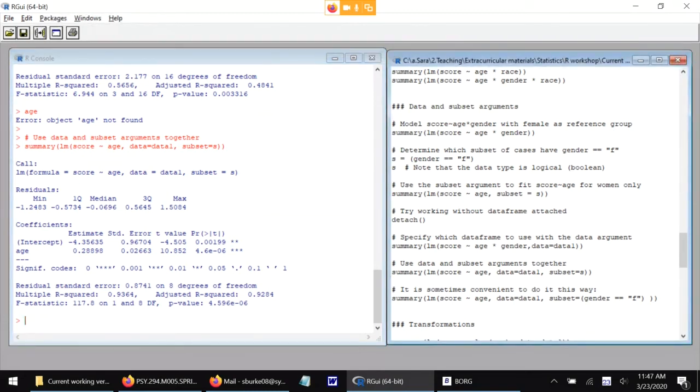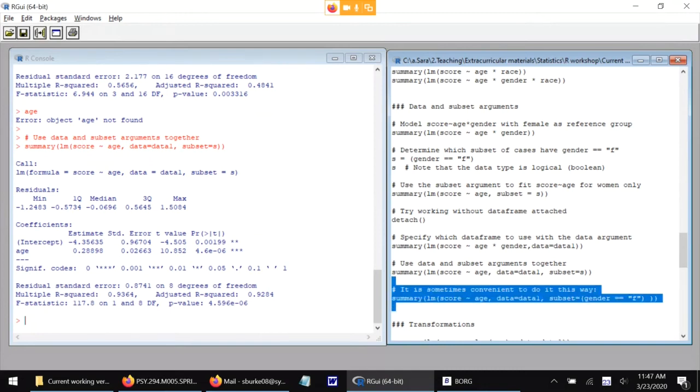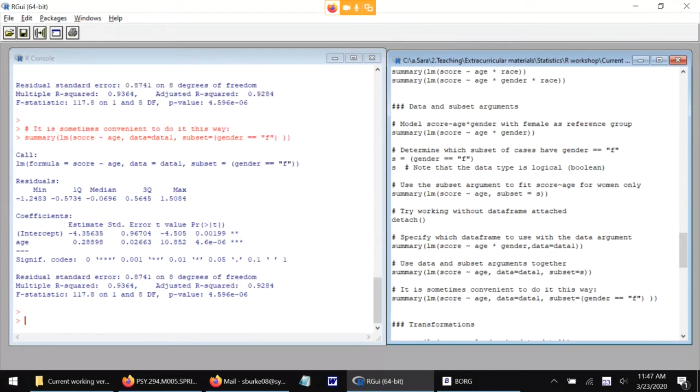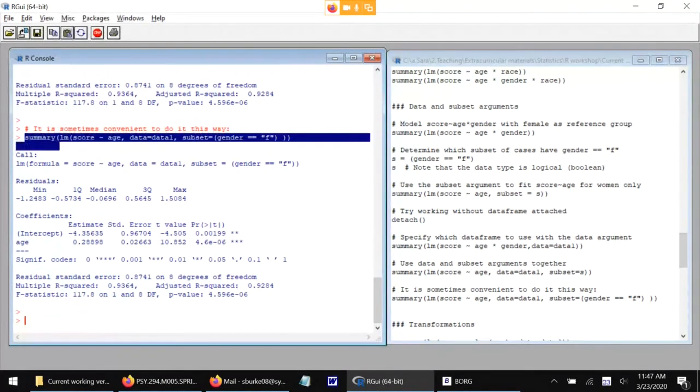And so putting all of this together, I will often do things like this. I didn't want to jump straight to this in case it would be confusing, but this line of code just looks for the summary of a regression model of score on the basis of age. This is the model specification. I'm going to look in this data frame, data1, for these two variables, and I'm going to only look at a subset of the cases in that data frame. And that subset is defined by